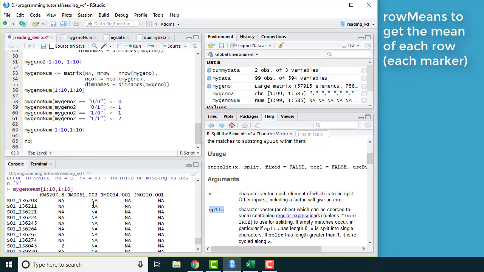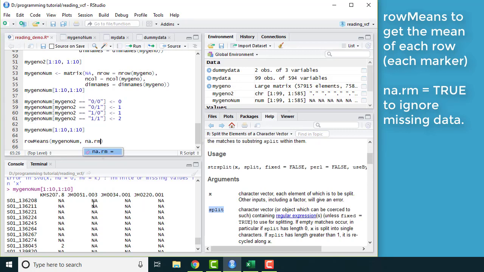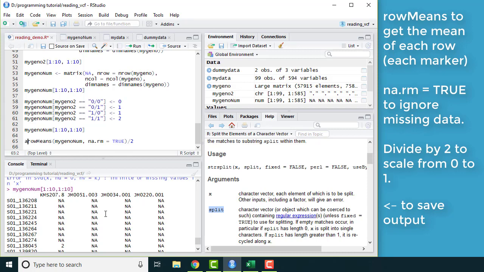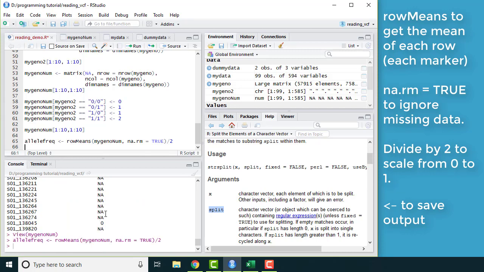Every genetic marker is one row, so I can do something called row means, and that will get me a mean value for each row. Because there's a lot of missing data, I'm going to say na.rm equals TRUE, and that will get me the mean ignoring any missing data. Because this is on a scale of 0 to 2, and I want it on a scale of 0 to 1, I'm going to divide by 2. And lastly, I'm going to assign that to an object so I could do some more analysis of it. So if I run that,